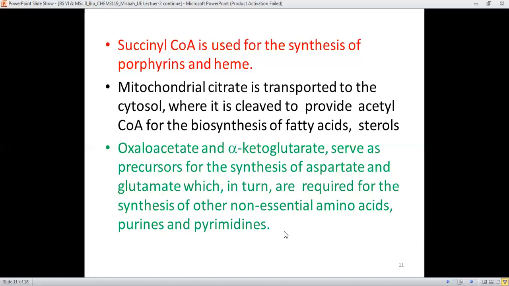It means that all these intermediates, like succinyl CoA, acetyl CoA, oxaloacetate and alpha ketoglutarate, are no doubt part of the citric acid cycle, but they can also be made part of other metabolic systems, like the synthesis of amino acids, the synthesis of fatty acids, and the synthesis of hemoglobin as well. It means that TCA is an important cycle, and it definitely has both natures. It's anabolic and catabolic in nature.